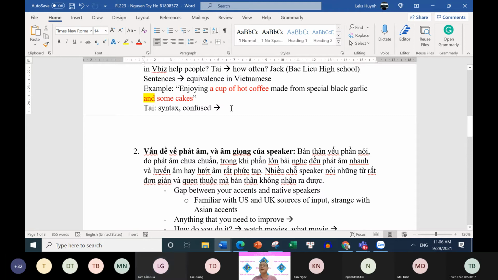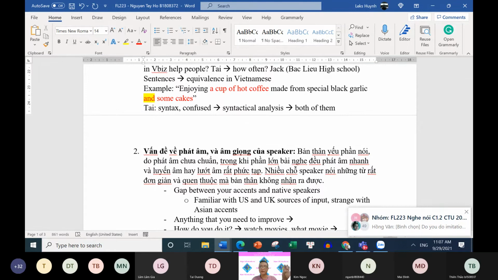You see, for syntactical analysis, yes, it could be both of them, because for the rules, you can misunderstand this for sure. Because for the syntax, enjoying a cup of hot coffee and enjoying some cake is the same. Or enjoys a cup of hot coffee made from special black garlic and in some cake inside the coffee. So it means over here, if you want to make it clear,